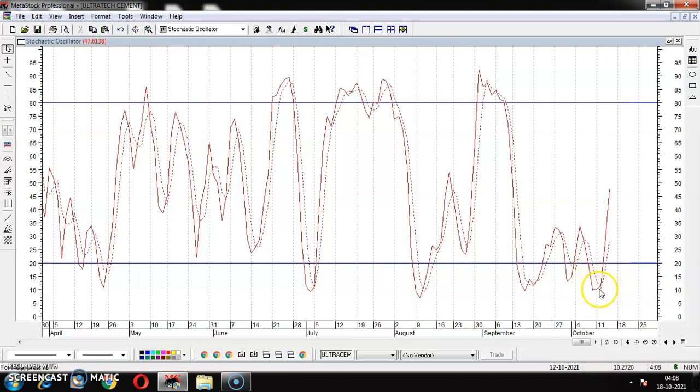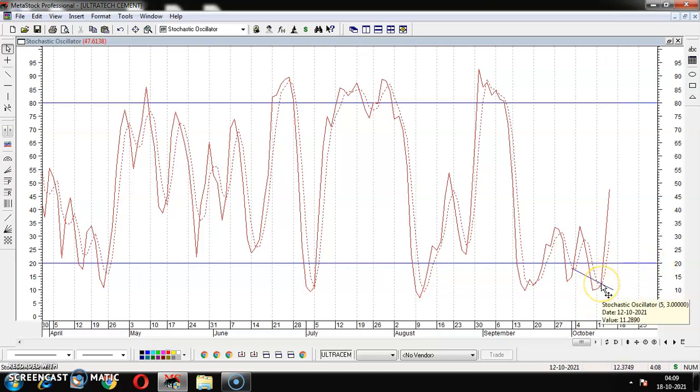When the stochastic line intersects the dotted line from below, we call it a bullish indication. Or here you see a double bottom formation has been made. There is one bottom and there is another bottom. If I make a mark over here, from here you see there is a double bottom formation. There are two intersections: here is one intersection, and there is another intersection just below 20. These two intersections are called a double bottom formation, right? In stochastic, below 20 there is a double bottom formation.